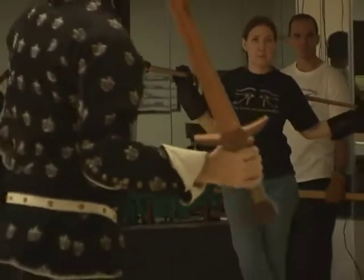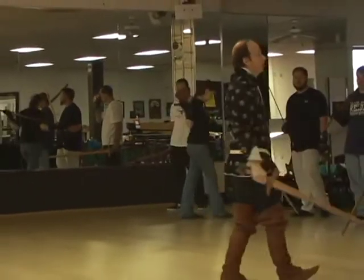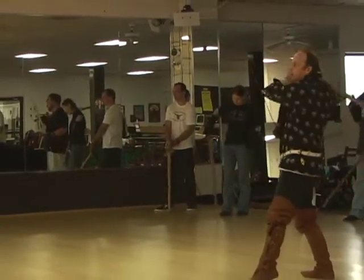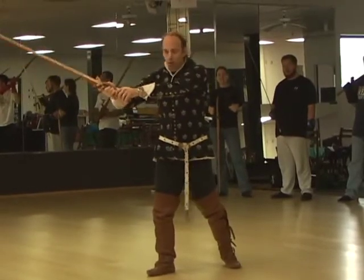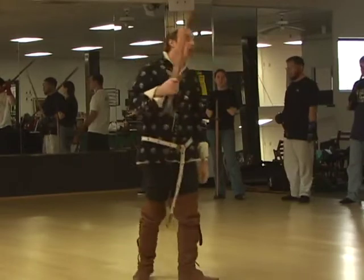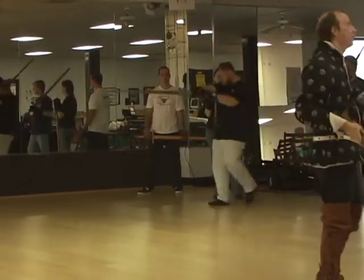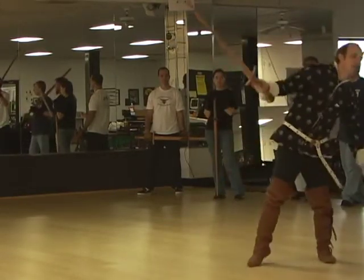Now, in posta longa, you're going through posta longa every time you make a posta transition, with a cut or with a strike. I start off in the corner of the ferro, pick my direction, I go through longa right there, and then it comes down quarter ferro on its own. So every guard transition pretty much passes through longa. All the attacking ones pass through posta longa. Okay, what are you working on now? Let's do